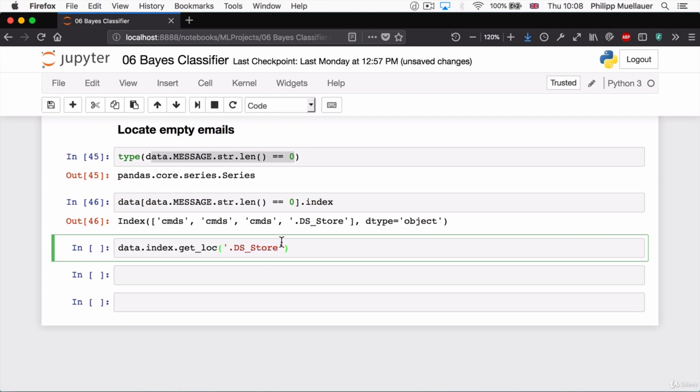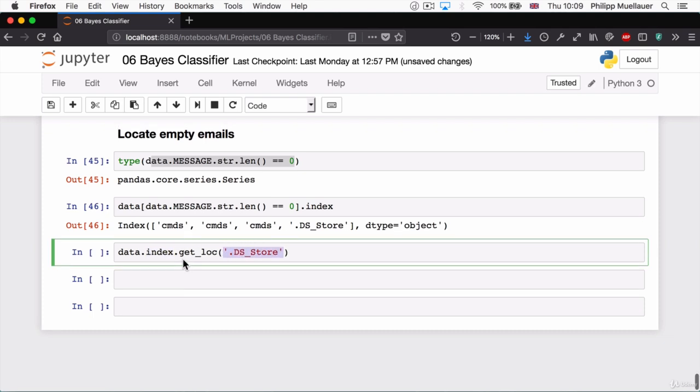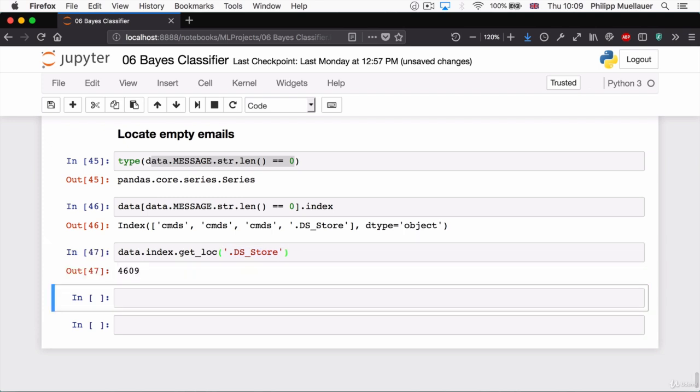So we can search the entire index, so all the names, for a particular name, which is our argument in this get_loc method here. Let's take a look. So here we have it. 4609 is where this entry is